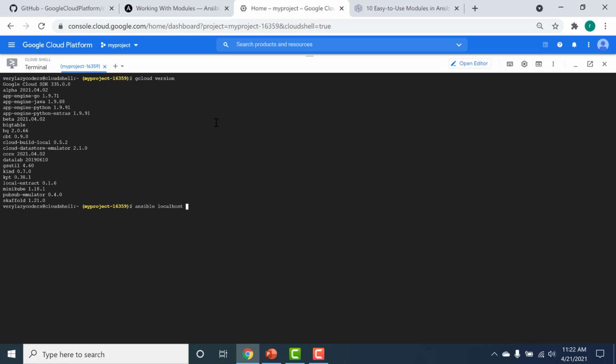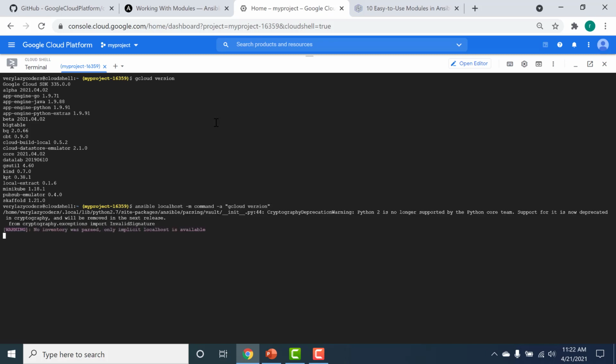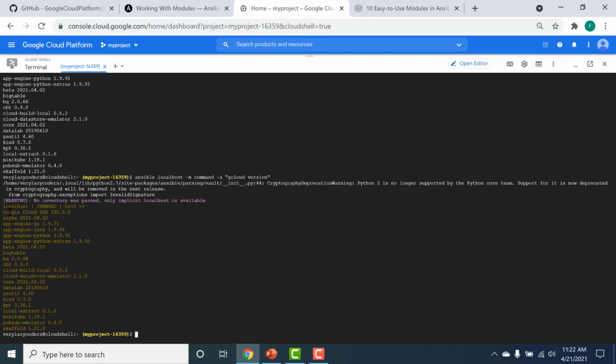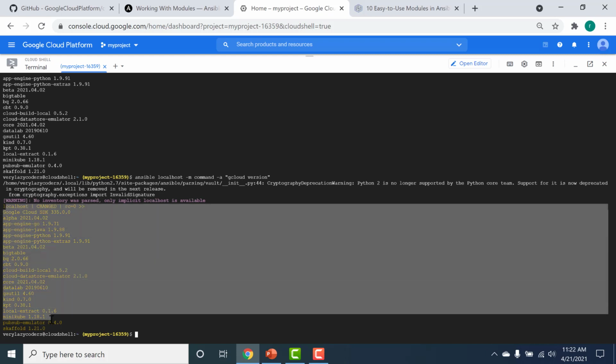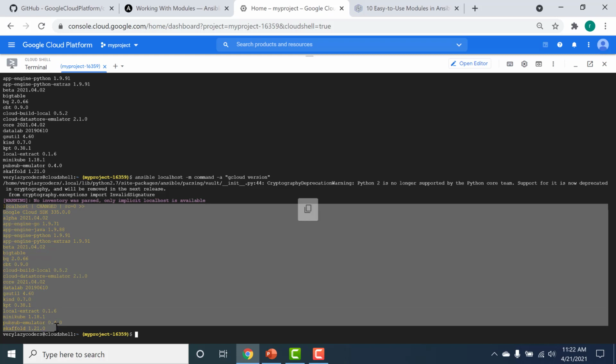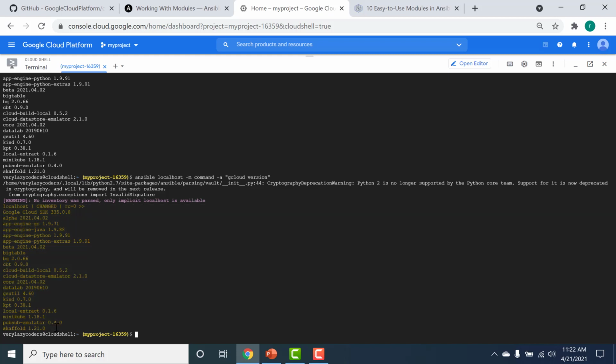The name of my module is command, and the arguments that I want to provide to it is basically gcloud version. So you can see that it basically returns the same output back to you. So this is how you would run your module in an ad hoc fashion using the ansible command.